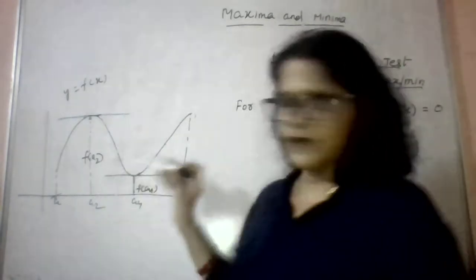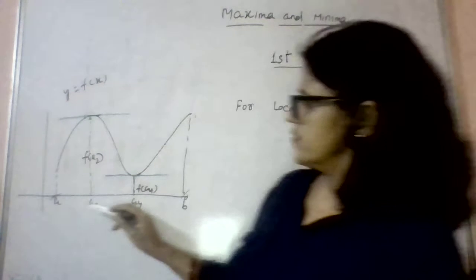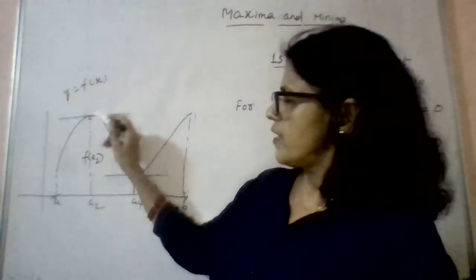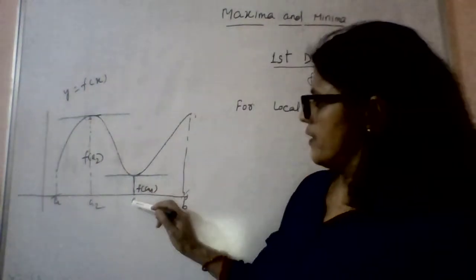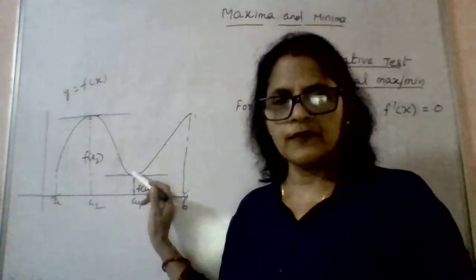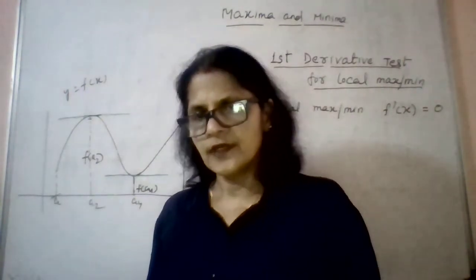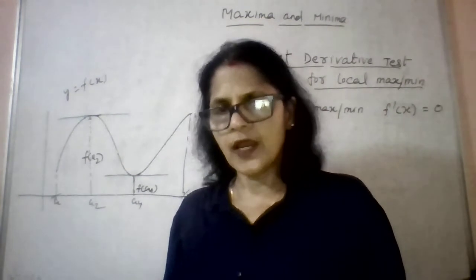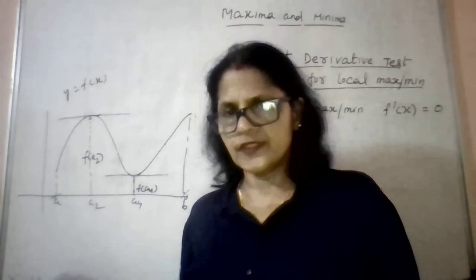So let us observe this curve. As we just discussed, at x equal to a2, the function attains a local maximum value, and at x equal to a4, the function attains a minimum value. Now my question is, why are we studying this in the topic applications of derivatives? It means how are we applying derivatives in this concept.